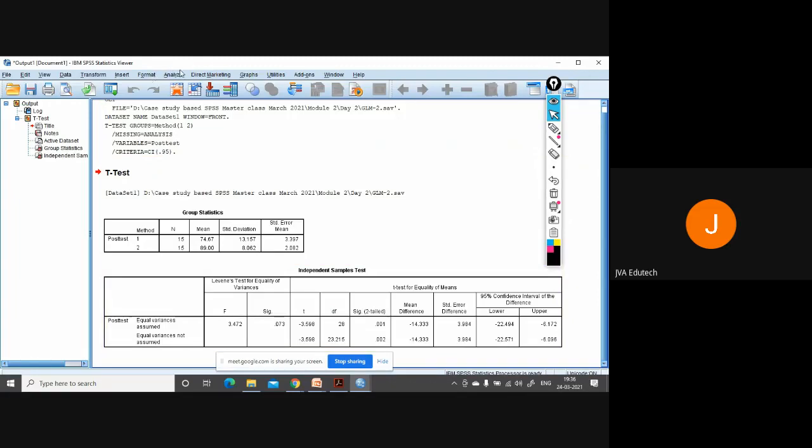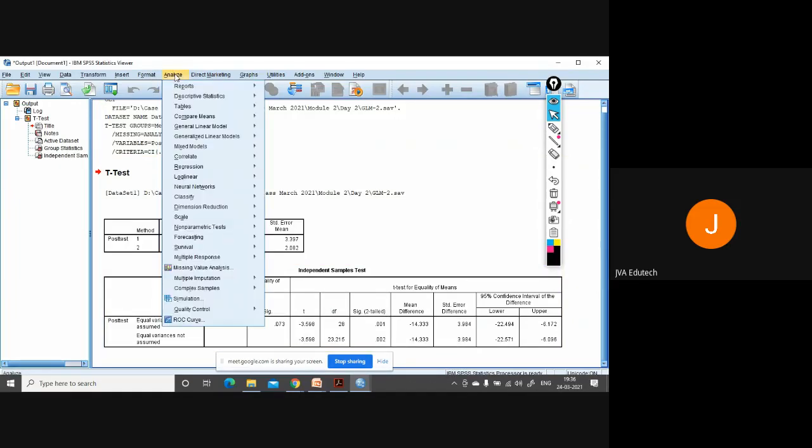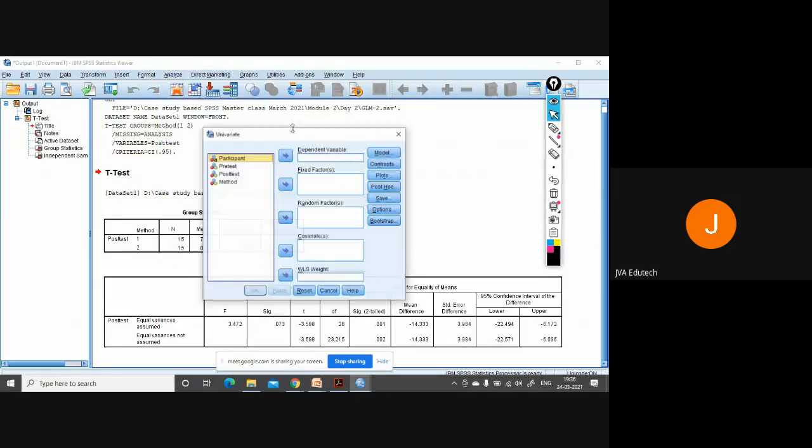Now, coming to this ANCOVA. Go to the generalized linear model and click on univariate. Our dependent variable is the final score, the post-test. The fixed factor is method, online versus offline.